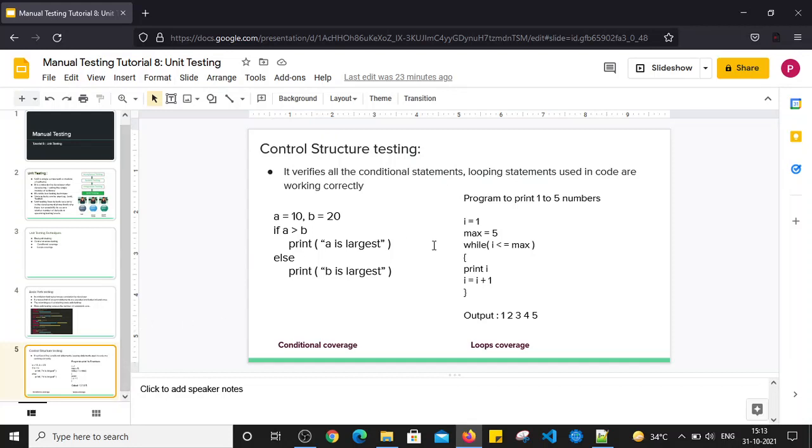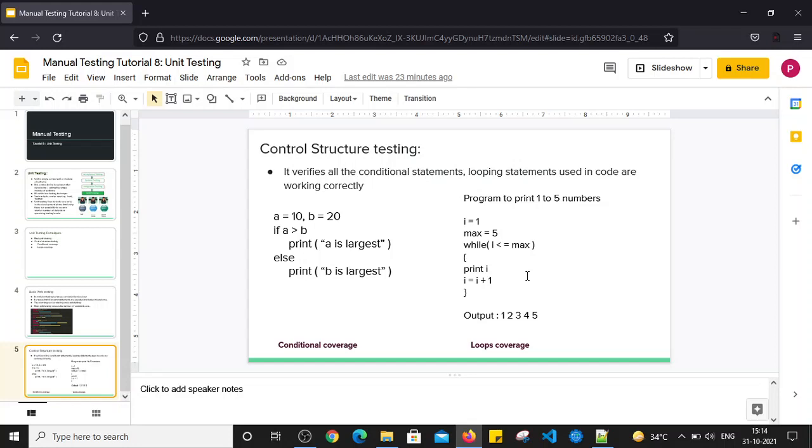As a tester, we will not normally perform unit testing. Unit testing is normally conducted by developers because the developer has written that code and has the knowledge of the coding, right? He knows exactly what conditions and what different types of loops he has used in that code, correct?